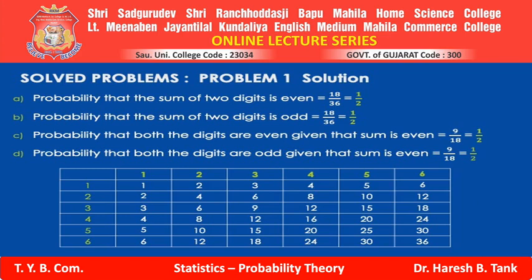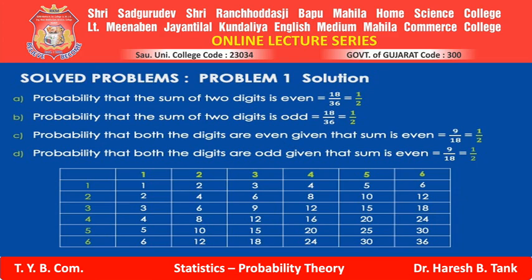Probability that sum of the two digit is even. That is what the required probability is, which is nothing but a ratio. Ratio of favorable cases divided by exhaustive cases. Sum of two digit is even. How many cases are there? We have listed it just before few seconds. Number of event sum of two digit is even are 18. So 18 becomes favorable divided by exhaustive. Exhaustive cases are 36. So it comes to 18 by 36, which is 1/2.